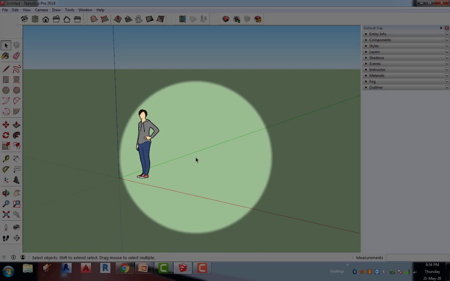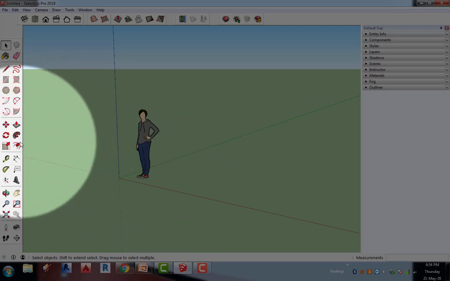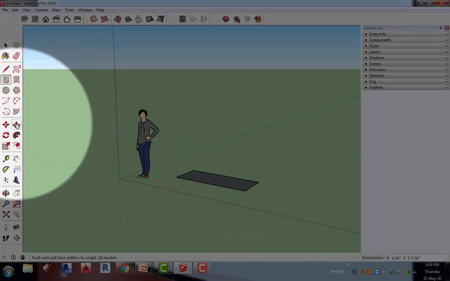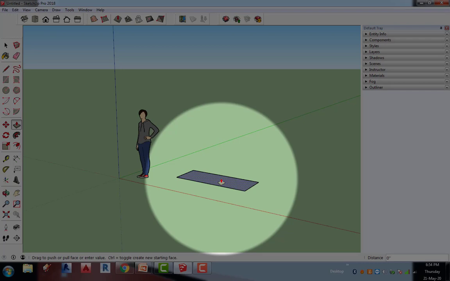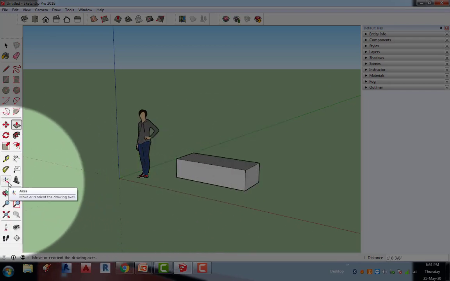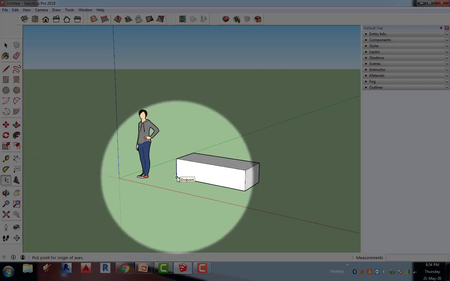Now, when we say aligning the axis, for example, I take a rectangle and draw it, and then you can check here, there is something called axis, to move or reorient the drawing axis. So now I don't want this axis to be here, I want my origin to be here.